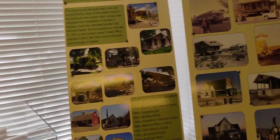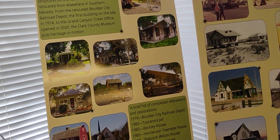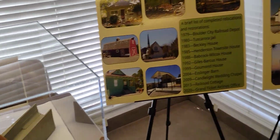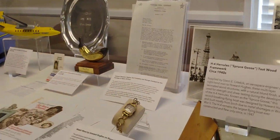Some good photos of houses that have been moved to Heritage in Motion out to Clark County Museum. Previous projects they've worked on. He was still doing a lot of business in person with people, but by the time he came back,